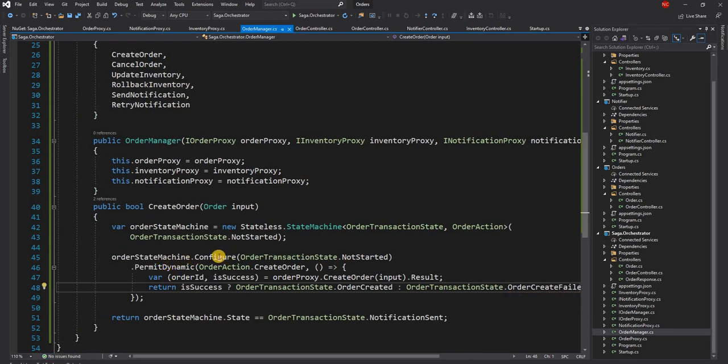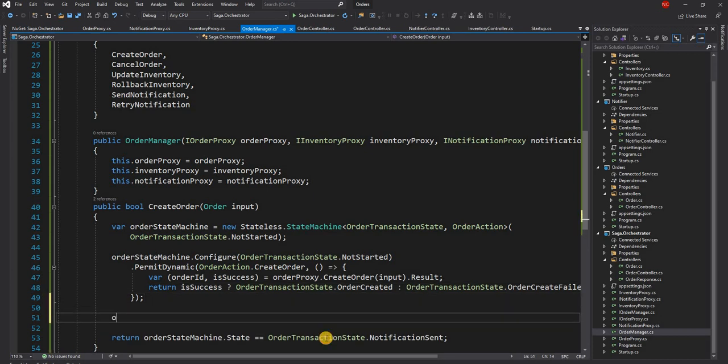So that would cover the case for not started. Now after it is not started, we are going to configure the order created state. What is going to happen when the order is created? For that,